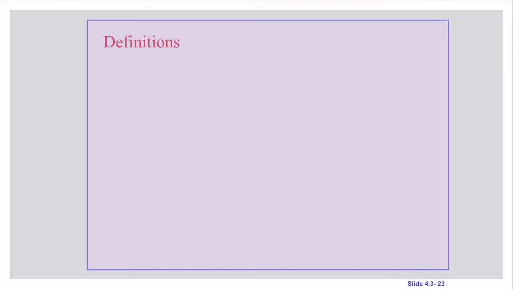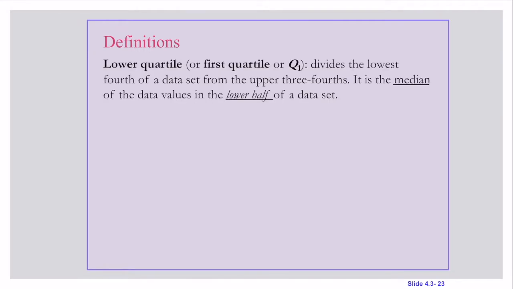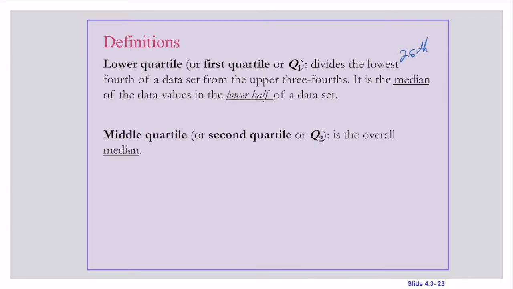So let's introduce a few more definitions. The lower quartile, or first quartile, Q1, divides the lowest fourth of the data set from the upper 3/4. This is the median of the lower half, which is also sometimes called the 25th percentile. That means that 25% of the data is less than